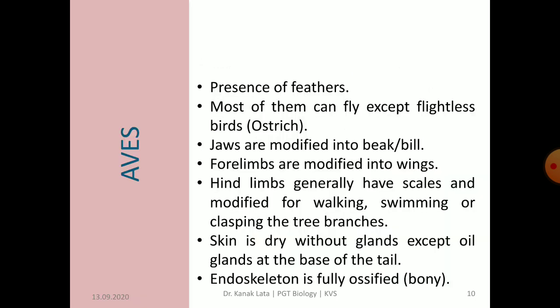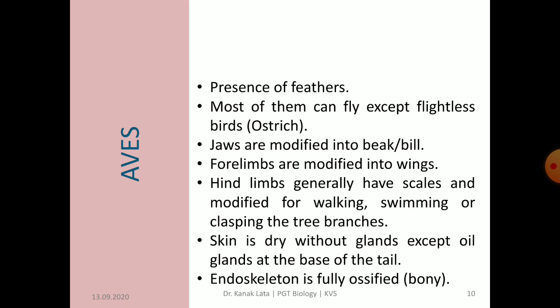Now we will discuss Aves. Aves means birds. Birds are defined as feathered bipeds. Bipeds means two feet. The body is boat shaped and streamlined. It is divisible into head, neck, trunk and tail. The presence of feathers is the most important characteristic feature of birds. Most of them can fly, but a few of them cannot fly, like ostrich, kiwi, emu,